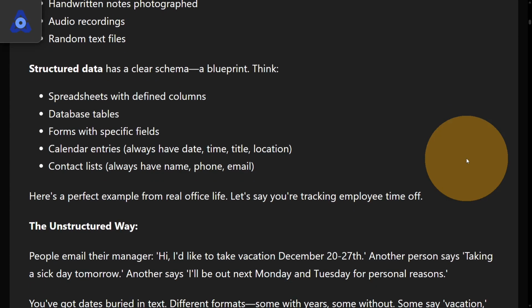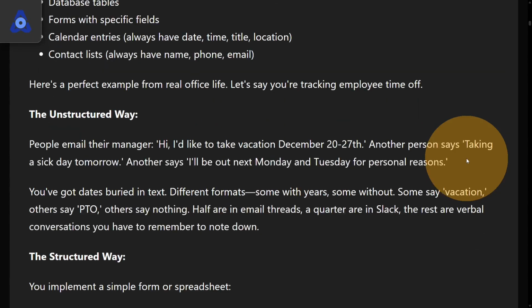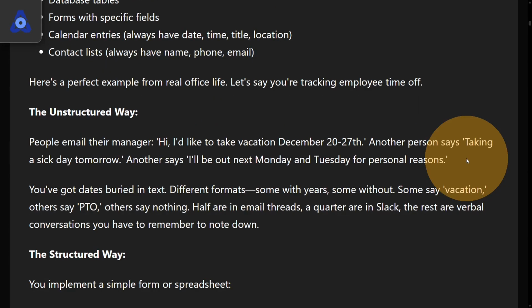Here's a perfect example from real office life. Let's say you're tracking employee time off. The unstructured way. People email their manager. Hi, I'd like to take vacation December 20th through the 27th. Another person says, taking a sick day tomorrow. Another says, I'll be out next Monday and Tuesday for